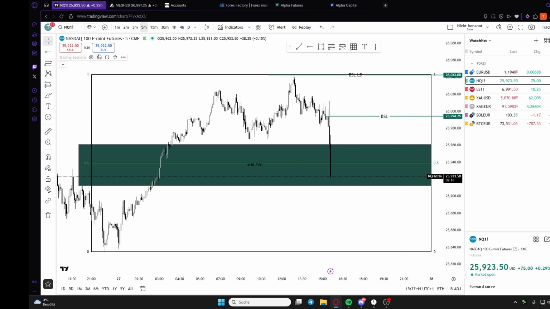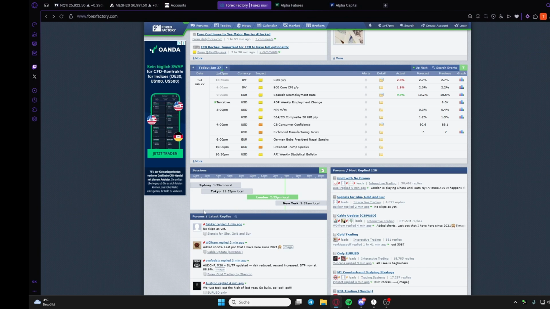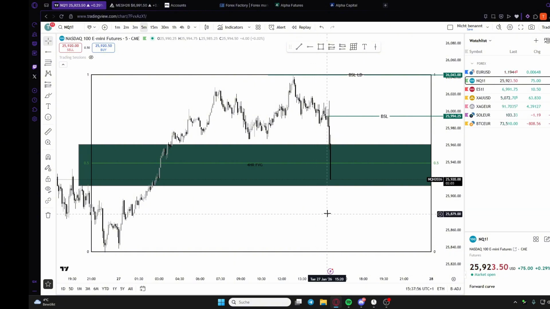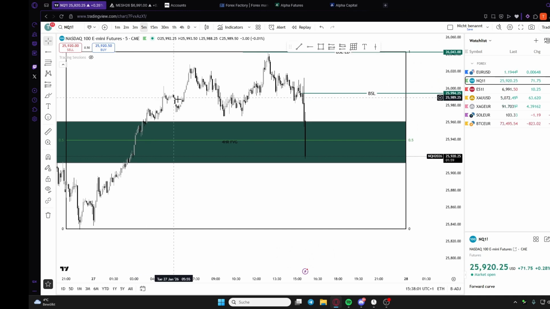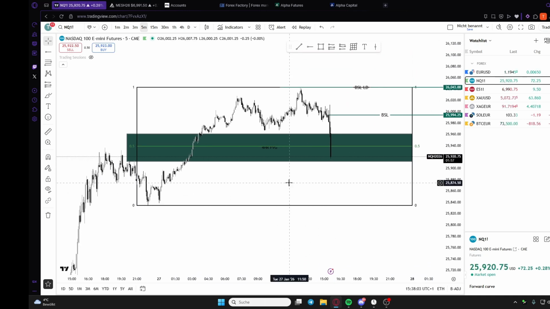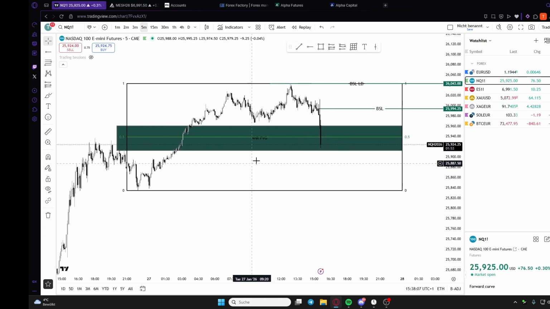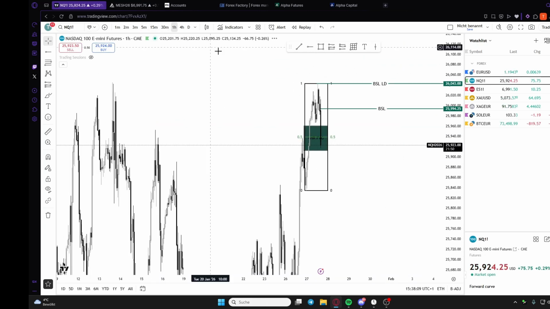Today is which day is today? Today is Tuesday, the 27th January. A good trading day. If we look at the news today, this looks pretty decent, and we already got a good setup. We are already nearly 10 minutes into market open, and we have this beautiful 4-hour setup. On ES we have this 1 hour, and on NQ we have this 4-hour setup I'm looking into right now.